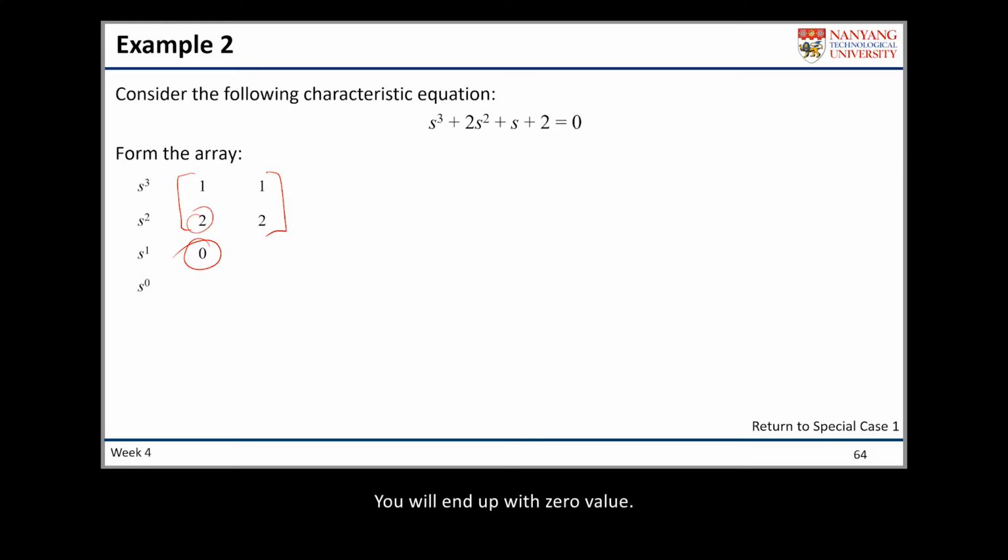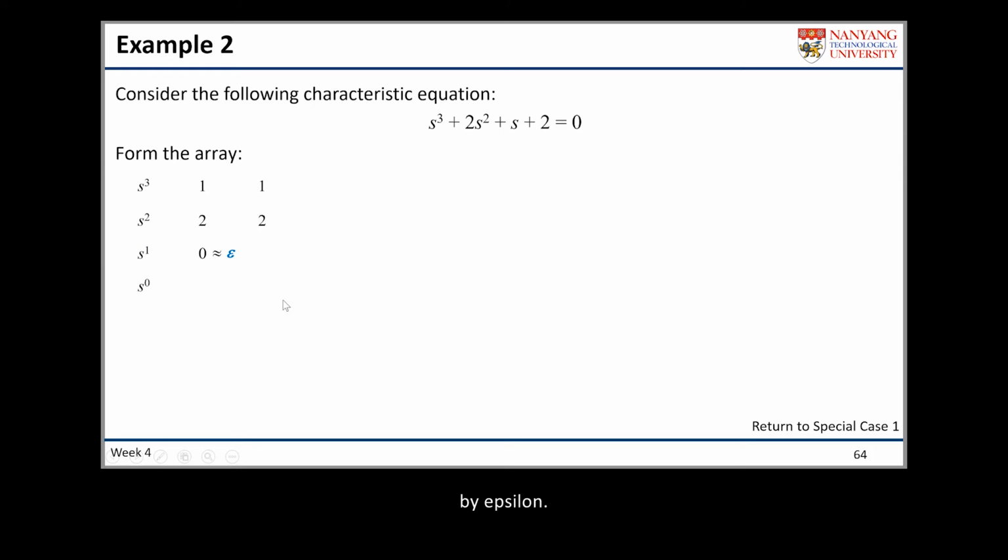You will end up with a 0 value. So it's 0, and you cannot go further. You cannot calculate the next part because you have to divide 0 by 0, and it's undefined. So what do you have to do? You have to replace this 0, the first element of this row,